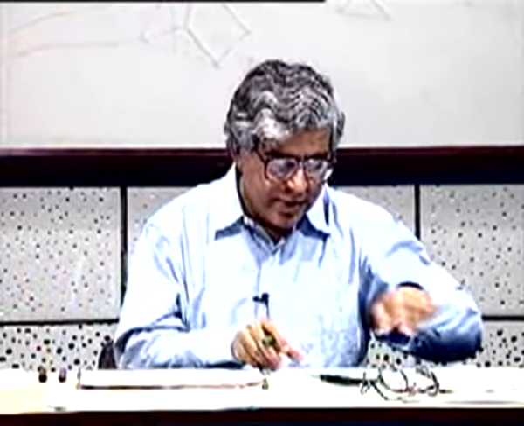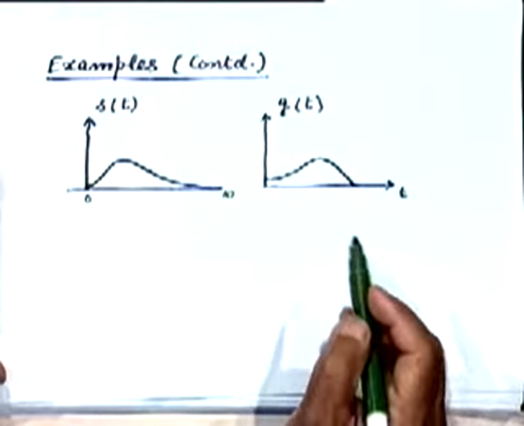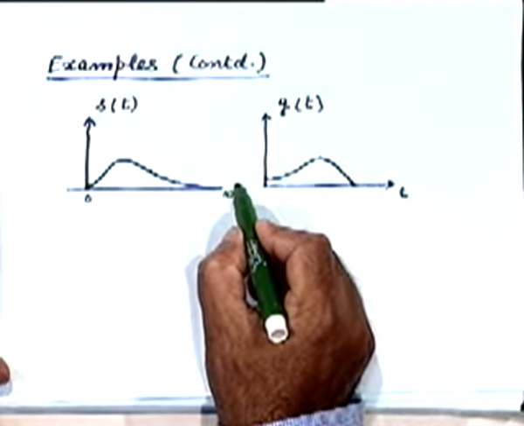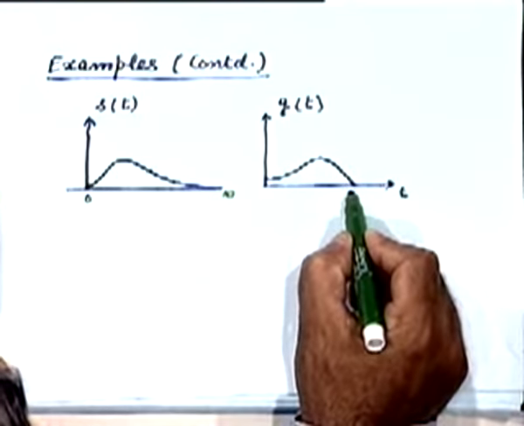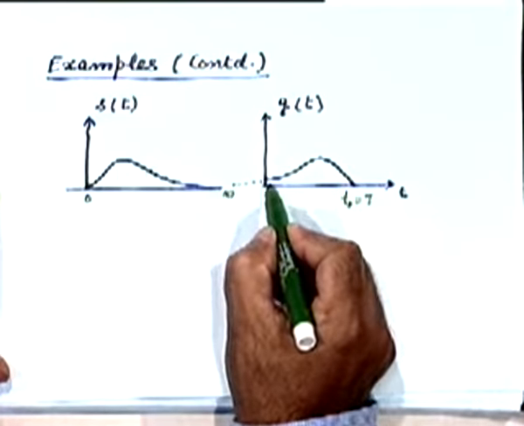Let's take a third example where I have deliberately chosen a pulse shape which goes from 0 to infinity. Now, how do I choose a matched filter? There is a problem here. You can see that, isn't it? Particularly in choosing a value of T0. It doesn't matter. I can always choose any T0, and the proper matched filter will, of course, be there. Suppose I choose T0 equal to some value T, right? The proper matched filter really is this.